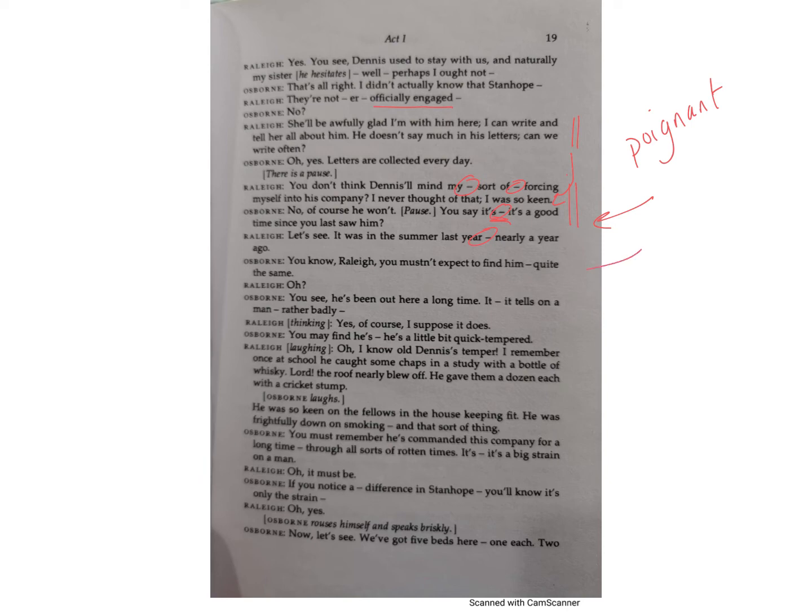And he tries to warn him, you mustn't expect to find him quite the same. He's been out here a long time. It tells on a man rather badly. And, he warns him, he's a little bit quick-tempered. And we realise exactly how much Stanhope has changed, because Raleigh's anecdote, his kind of personal story about Stanhope, is,